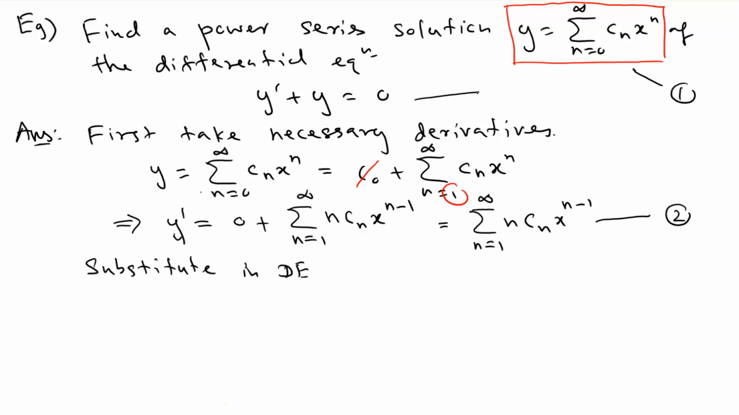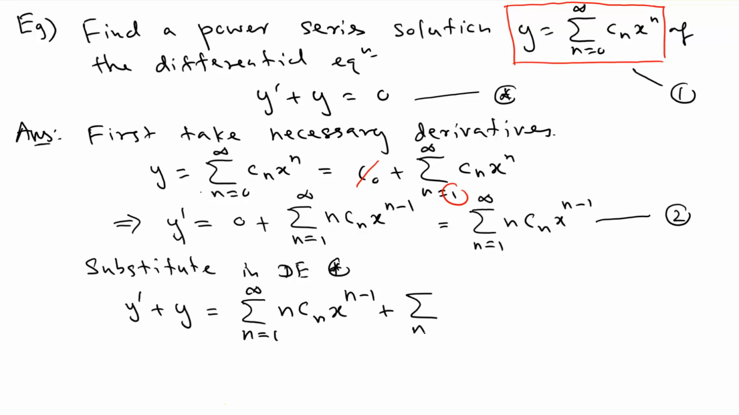So we can say star. If you substitute, what is y prime? Y prime plus y. Y prime is this one, so we're going to substitute for that. So it is sigma n going from 1 to infinity n c_n x^(n-1) plus y. Y is the original series that we had, so we're going to say sigma n going